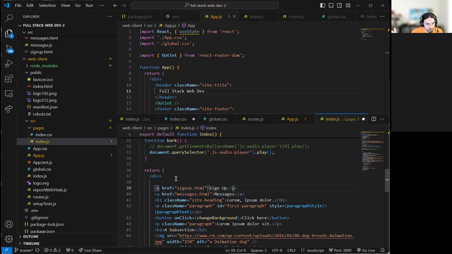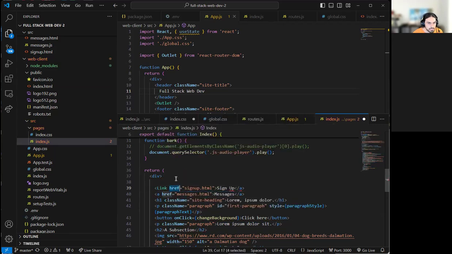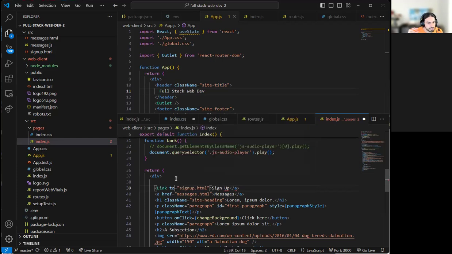Okay, by the way, to clarify: external links to another website use the anchor tag. Link, and then they use "to" for some reason. They don't use href. It's kind of annoying. You could build an abstract component to always use href and use the underlying React Router DOM. That's what I would do, to avoid having to change the "to". It's basically like this. And for the sign up here, usually you want to do slash signup and not have an HTML extension, because we're going to define this path